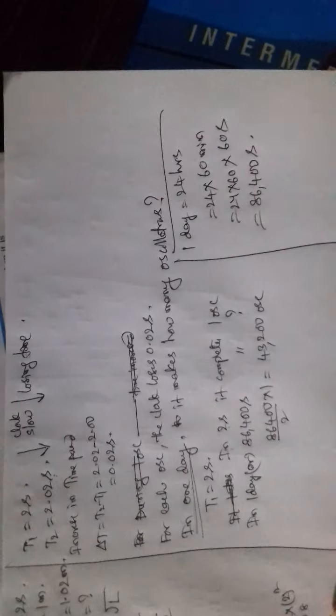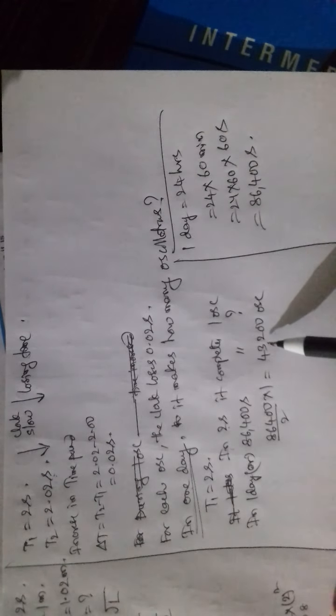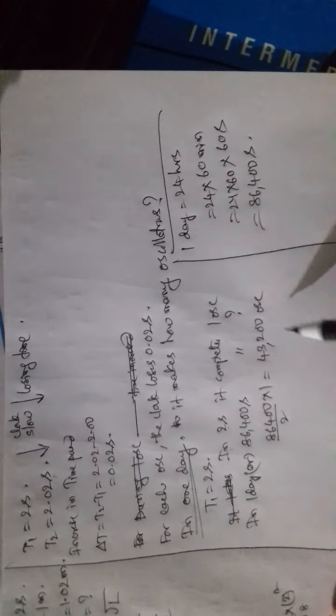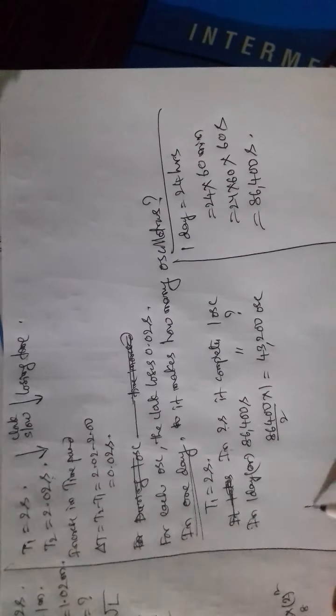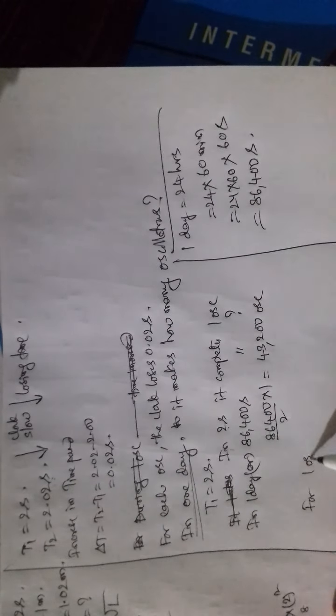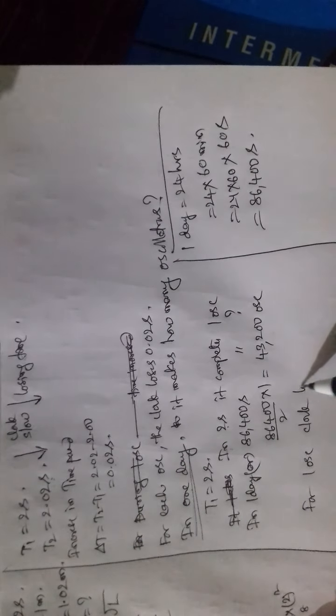So in 1 day it performs so many oscillations. For each oscillation the clock is losing 0.02 seconds. For one oscillation clock losing